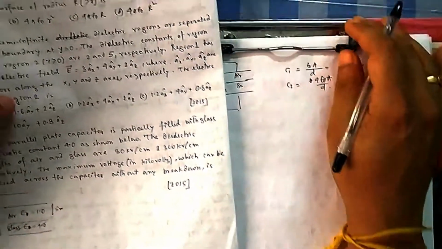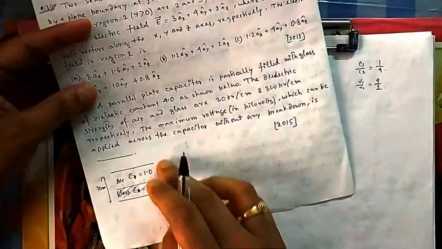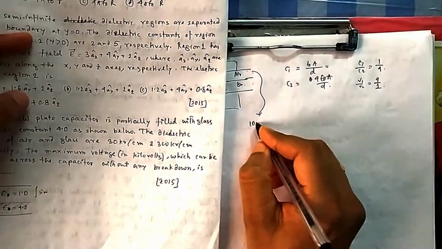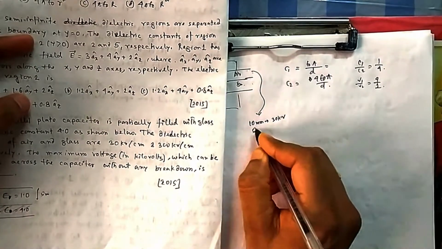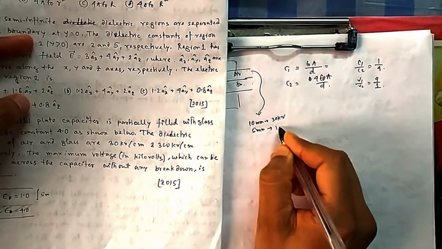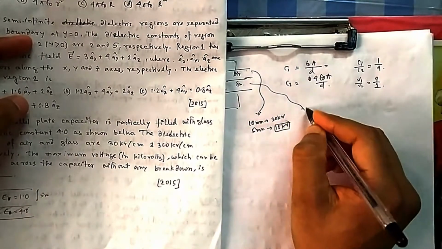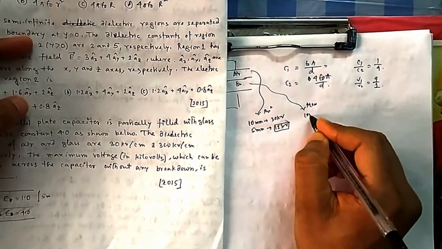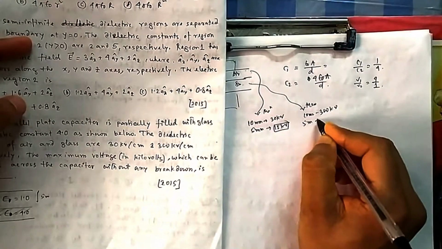Now what is the maximum voltage that you can apply in air? Because it is 5 mm, this is also 5 mm. In case of air, you see it is 30 kV per centimeter. That means for 10 mm, per 1 centimeter, you can apply 30 kV. So it is a 5 mm gap, so you can apply here a maximum of 15 kV. So let me take this as the maximum that I can apply. And what is the maximum that I can apply here? So here 10 mm means 300 kV, so here 5 mm means 150 kV.